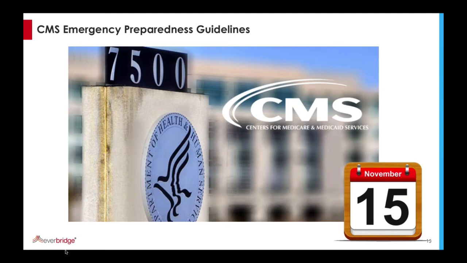One minor change is the number of exercises that CMS expects. CMS expects two, but one active, one can be tabletop, versus the Joint Commission, which will still expect 2 annual active drills. Without regard for the number of drills, the number of institutions or provider types or categories is extensive. The CMS rule expects evaluation by 17 different kinds of healthcare institutions, hospital being only one of those. Whether they're inpatient, ambulatory, doesn't matter.